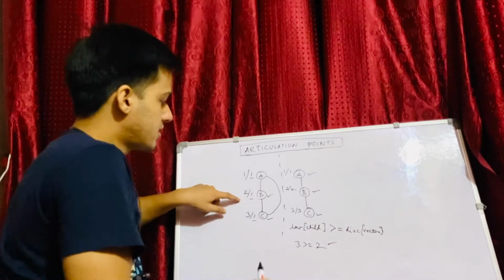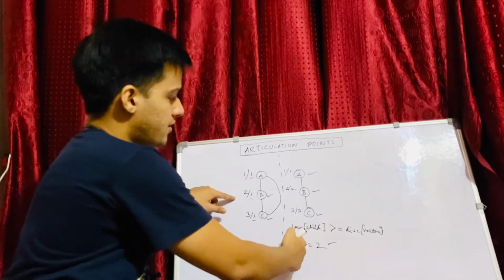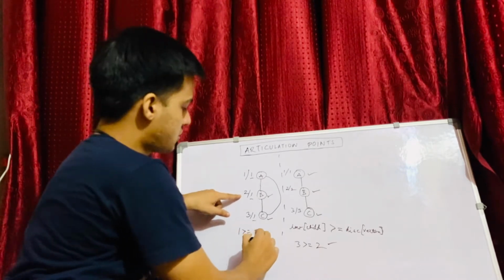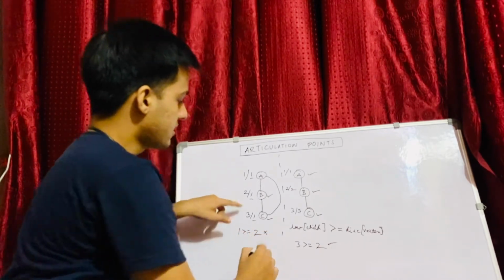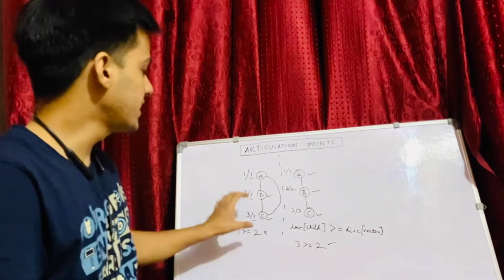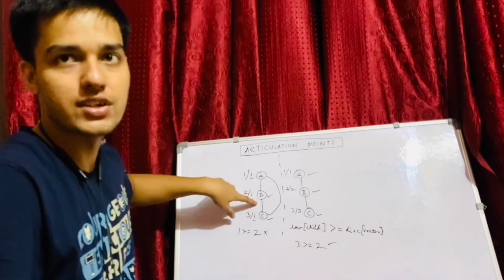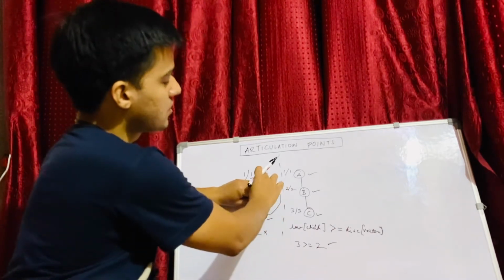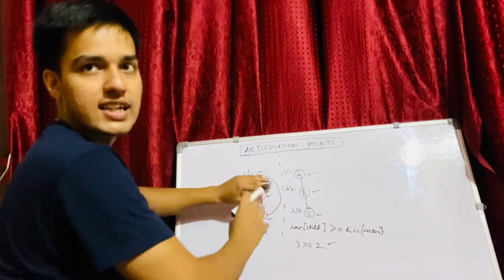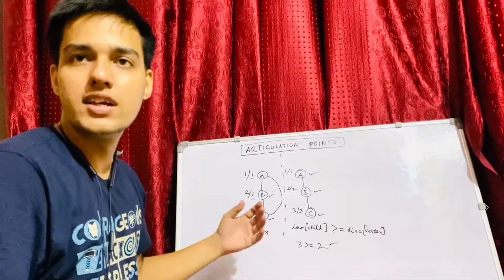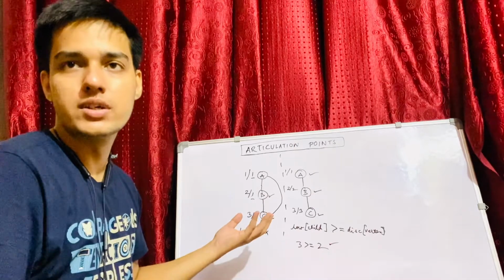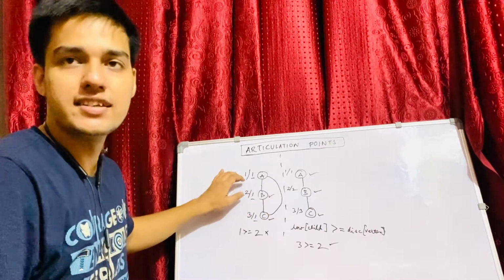And if we do the same thing in the other case, the low of child is 1 and the discovery time of this is 2, which is not satisfied. This clearly means that in this particular graph B is not an articulation point, because even if I remove this section, there is a path from here, so the remaining nodes are still connected, right? The algorithm that we have discussed just now will clearly work for all the vertices that have at least one ancestor.